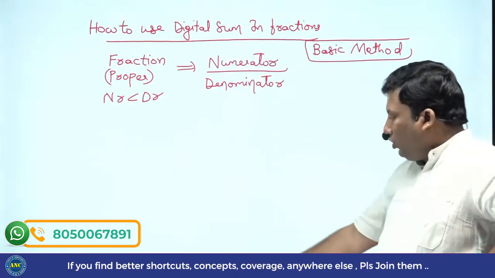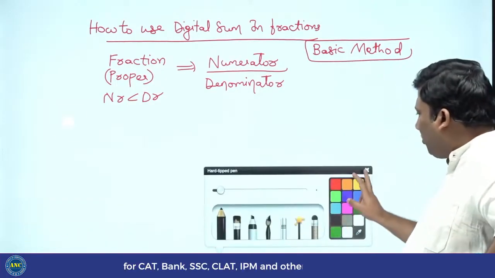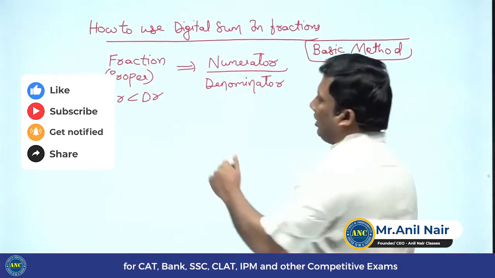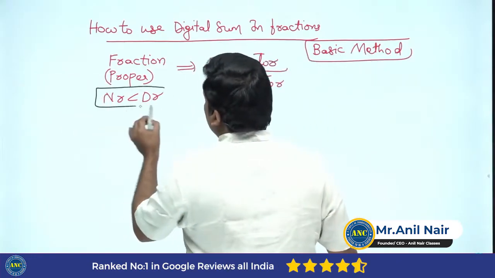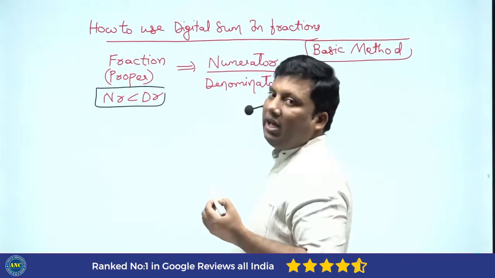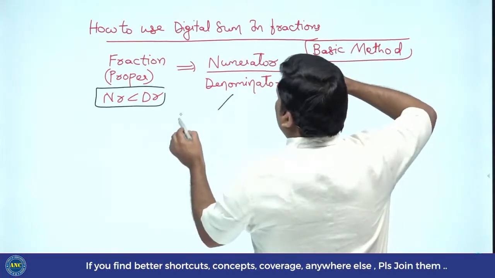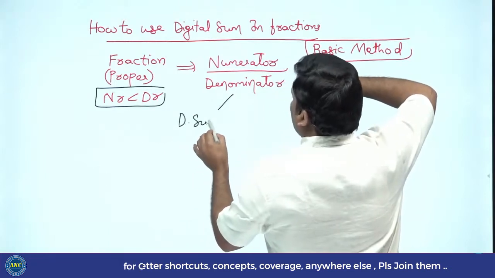Proper fraction: numerator by denominator, where the numerator is less than the denominator. The basic method and the advanced method, I will only discuss in the CAT paid batches. Now the denominator: if the denominator digital sum is